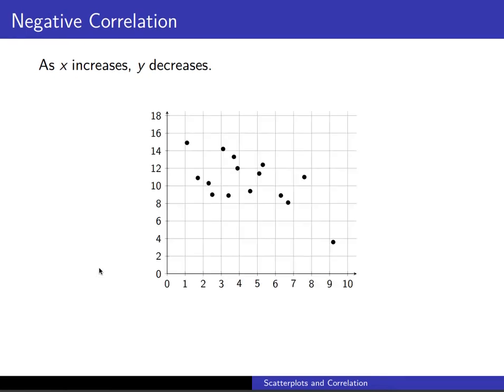Negative correlation is as x increases, the y values decrease. So here, as we go to the right on our graph, our data points tend to start to decrease the further to the right that we go. Maybe they don't decrease very fast, but they have this downward trend to them, which is going to suggest a